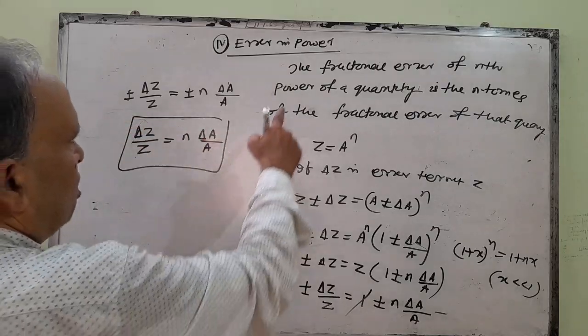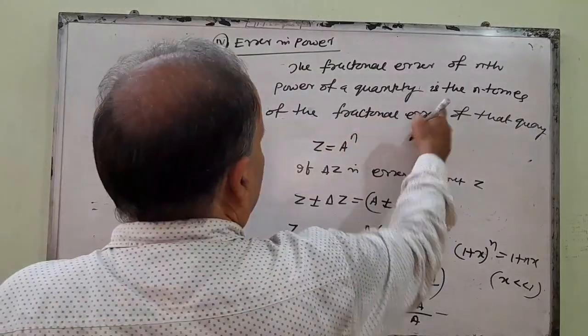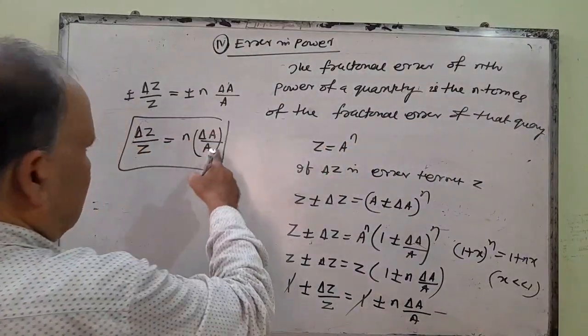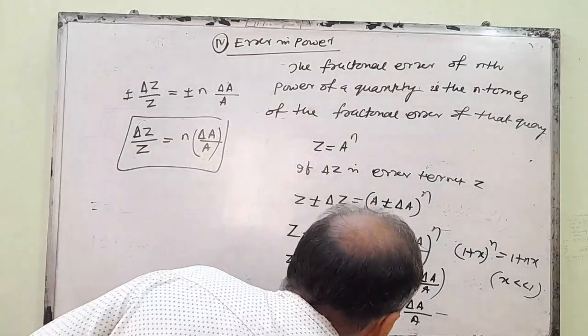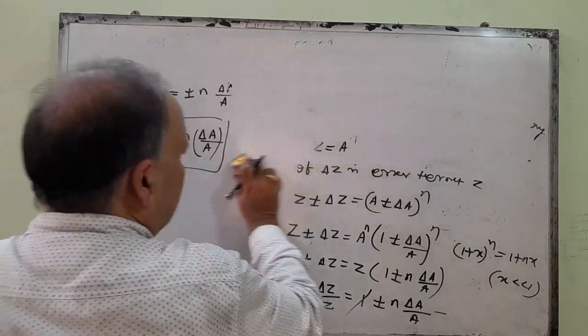You remember. So the fractional error of the nth power of a quantity is n times the fractional error of that quantity. Similarly, in general case, suppose it is given,